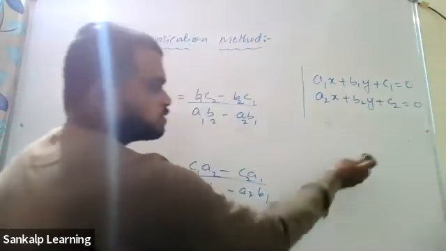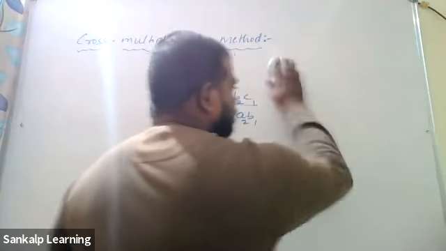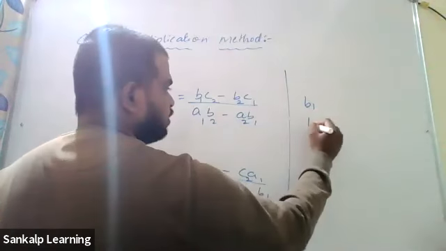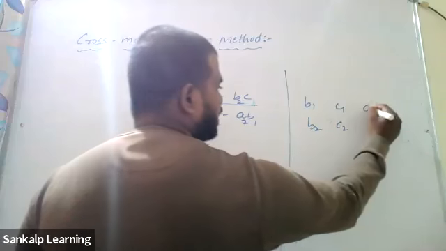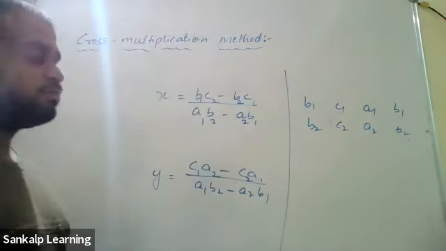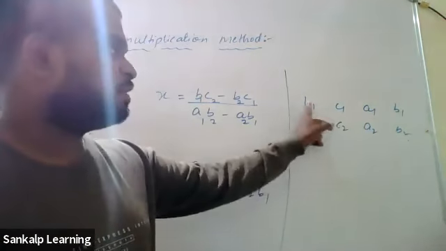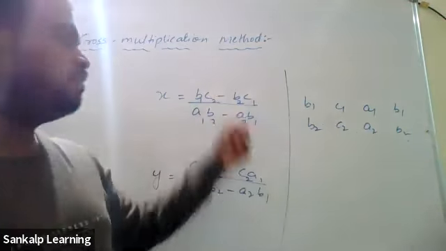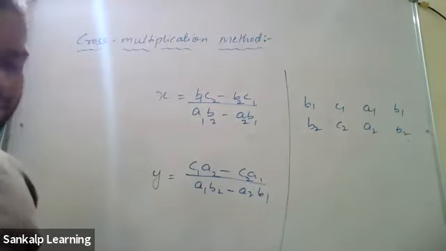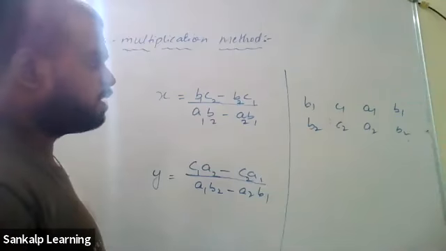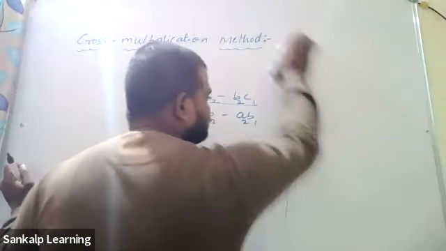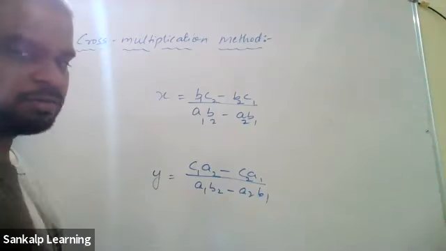Or you can also go with the cross multiplication which I told you, but be careful, you have to start with B and finish with B. B1 B2 C1 C2 A1 A2 B1 B2. Cross multiply: B1 C2 minus B2 C1. You will get C1 A2 minus C2 A1, the numerator of y. The denominator is the same, A1 B2 minus A2 B1. Take down this. We'll solve some problems.